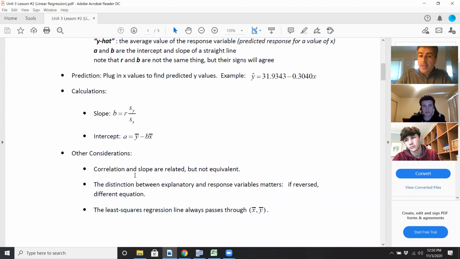Now, how do you actually compute this? How do you actually get the slope of the linear regression line? How do you get the y-intercept? Again, Excel will do it for you. The calculator can do it for you. But what is it actually doing? What the calculator is doing when it calculates the slope of the linear regression line is it takes the correlation coefficient